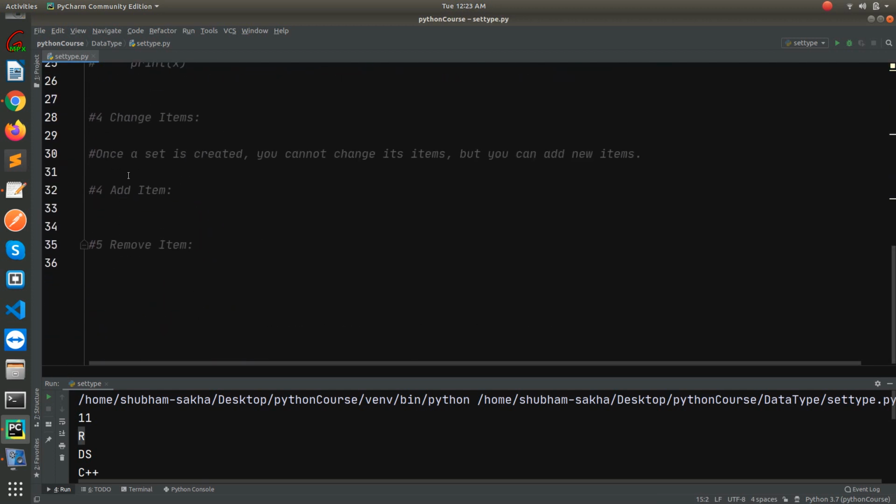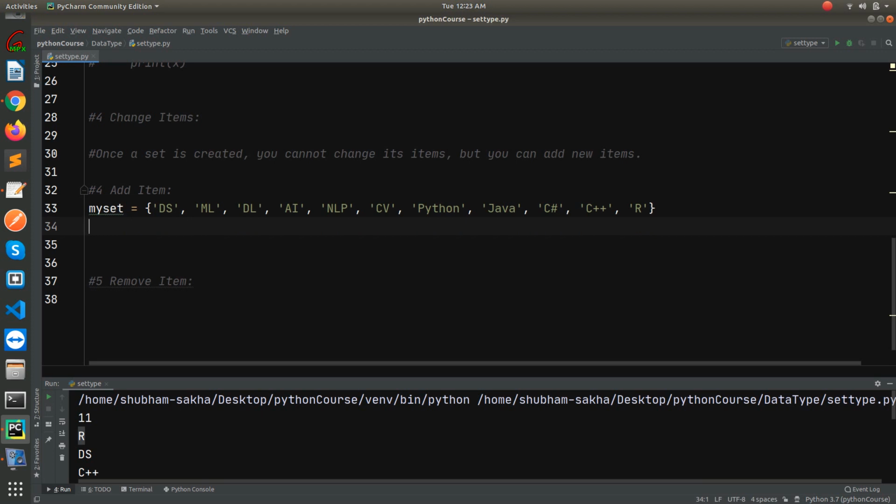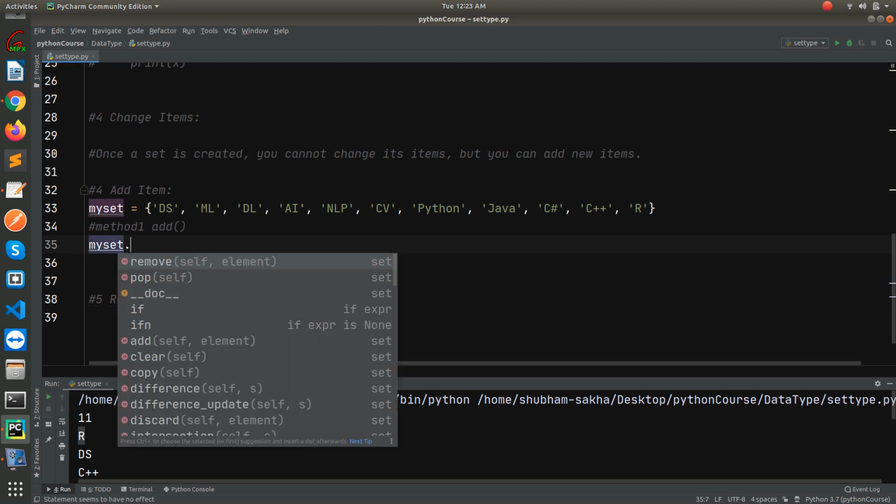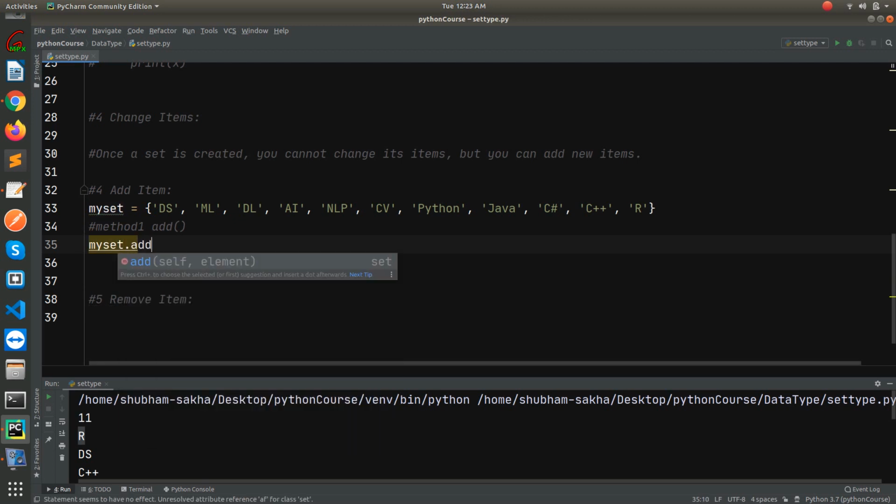Okay, how can we add an item in a set? So this is our set. How can we add an item? So there are two methods for that. I will explain the first method first. Method 1: the add method. If you want to add a particular or a single item, you can add using the add function. So what you have to do: myset.add, and if I want to add, let's say, 23.